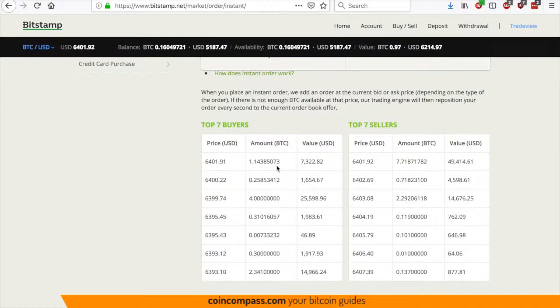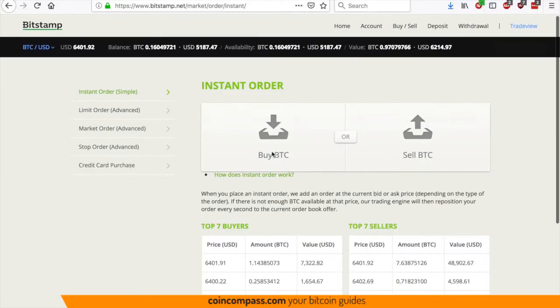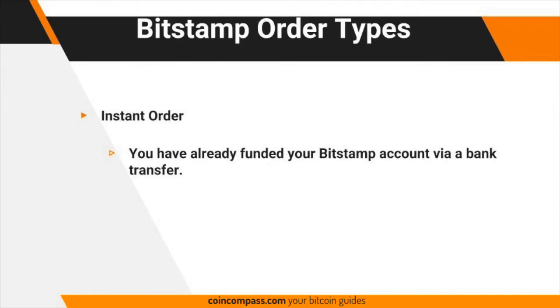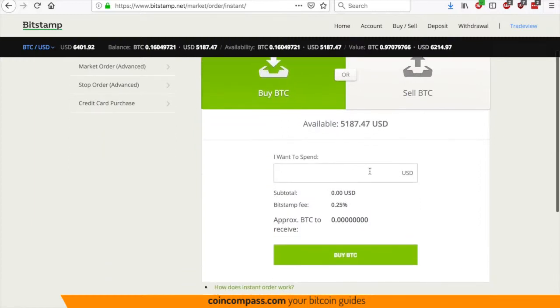So the top buyer there, you'd see they're trying to buy 1.14 Bitcoin at $6,401. And there's a seller at the same price, just a few cents different, and they're trying to sell over 7 Bitcoin. So that buyer's order will get filled pretty quickly because there's enough volume and liquidity in there to fill that order. So if you want to buy Bitcoin right away and you've got funds in your account, press buy Bitcoin,